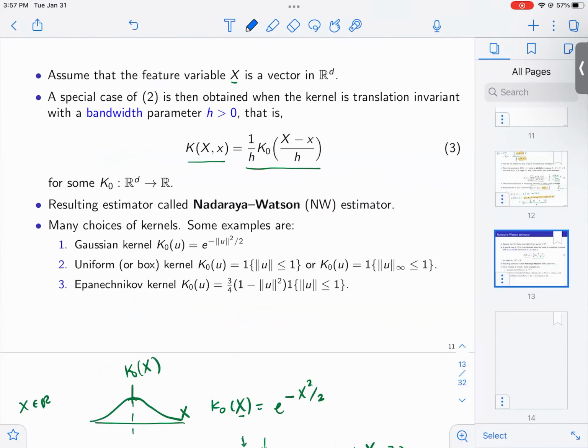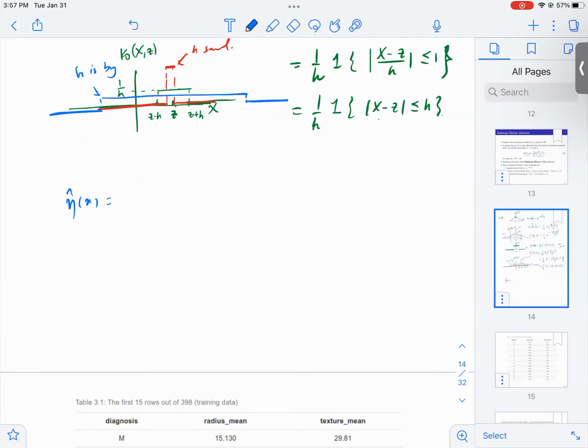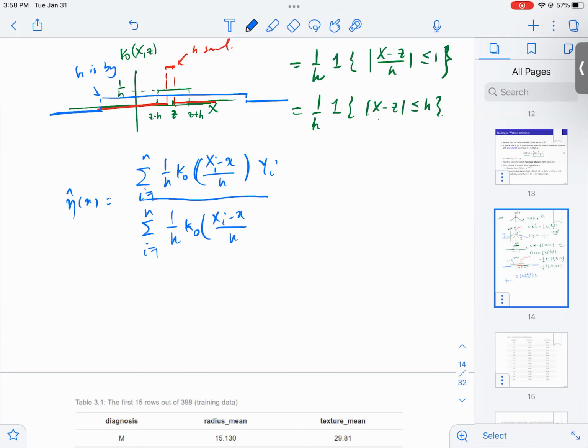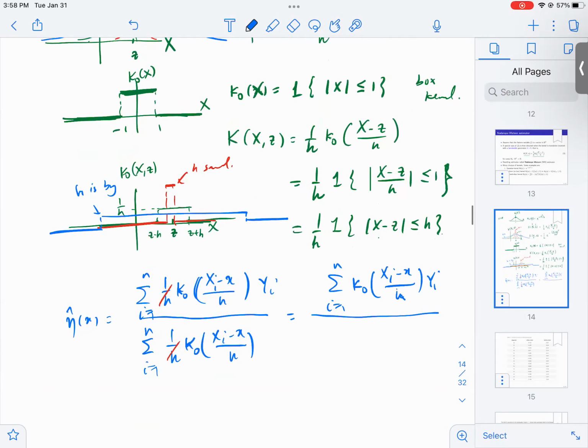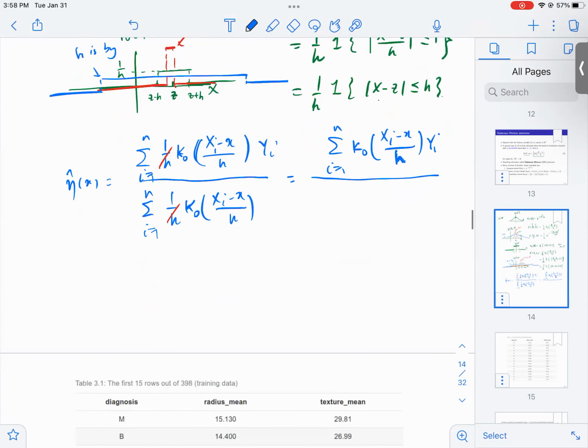And what happens is that when I form the estimator, if you remember, it's going to be summation k. I'm going to plug it in here. So 1/h k naught of (xi minus x) divided by h times yi, divided by, that's the estimator that we had, 1/h k naught of (xi minus x) divided by h. So these h's will cancel out. They don't matter. So what I get here is summation i from 1 to n of k naught of (xi minus x) divided by h. So I'm going to put one of these bumps around every one of these yi's, right? One of these bumps, and then I'm going to add things up, and the bottom would be xi minus x